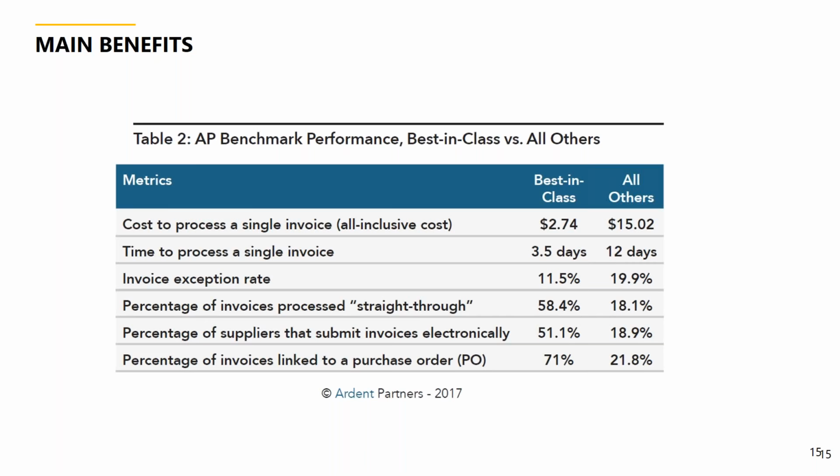What about the number of exceptions that you have come through? That could be price quantity discrepancies, GRN discrepancies, unplanned cost discrepancies, manual non-PO based invoices that you're having to deal with. Interestingly enough though, what's the difference between invoices which are going straight through the system, i.e. they're coming in electronically, or you're scanning them from a paper-based perspective, and then they're sitting in your ERP ready to pay? Well, there's a huge difference there. Almost 60% are going straight through in best in class, whereas it's less than 20%.